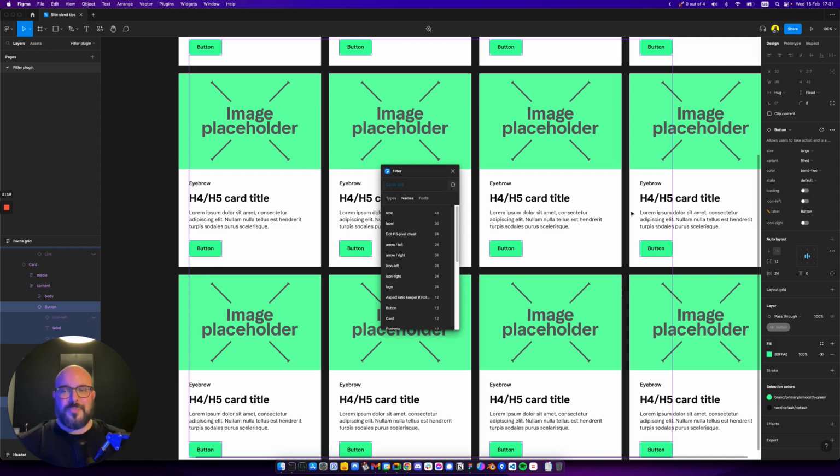Now we have a good component with component props, but if we didn't, right, and we wanted to have an icon, we could also use the filter plugin, right? So now we have all the buttons selected. Let's click this little thing here on the filter pop-up, which will now change the selection to all the buttons. And you can see that now I see everything that's inside the buttons. I want to select the icon, right,